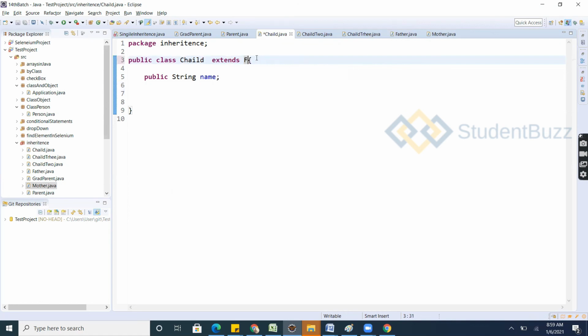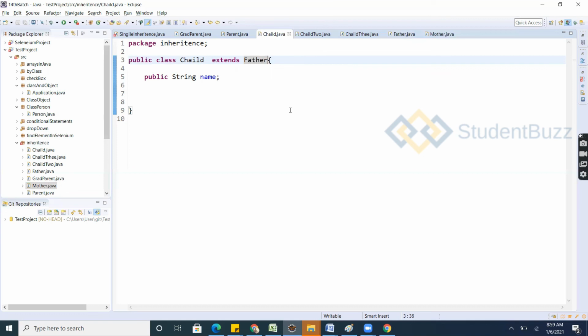If you want to extend the father, that is also fine. But one class only. It is father or mother or grandfather or whoever it may be, one class only you can extend. With the extends keyword, a class can extend only one class, not multiple classes.